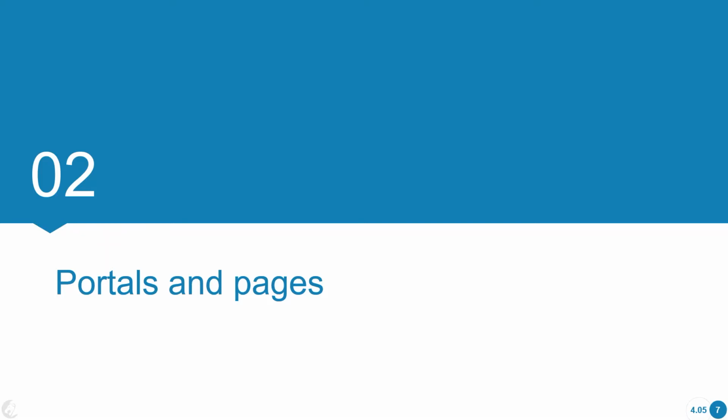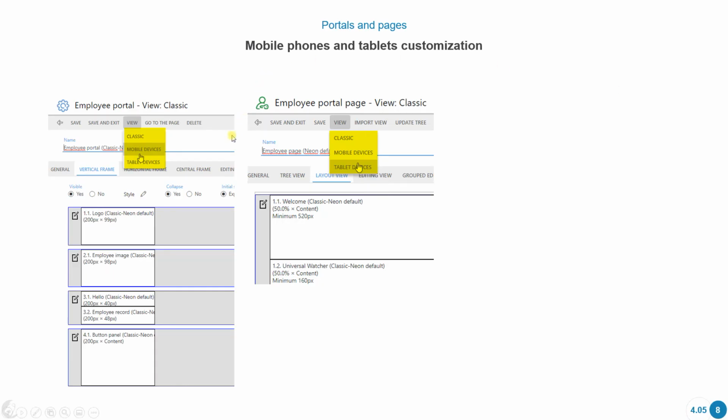Portals and pages. When we open a portal or a page, we can create a different design for large, small, or medium devices. And the same thing happens when we're designing a form or other different interfaces that we have in the platform. So we can create one unique interface for all three devices, or what sometimes is more convenient is to create